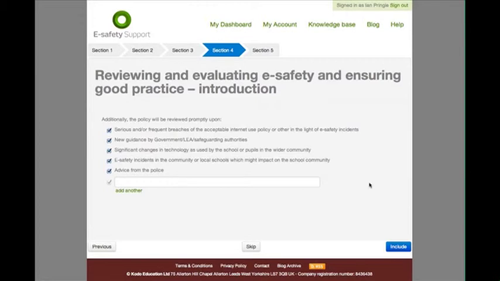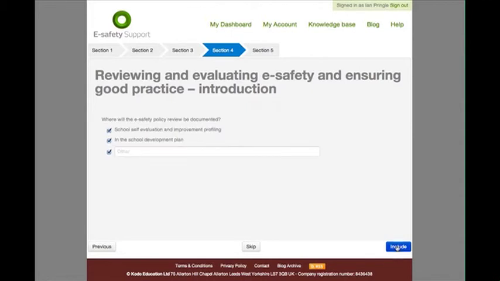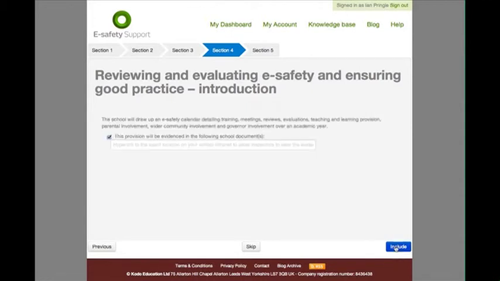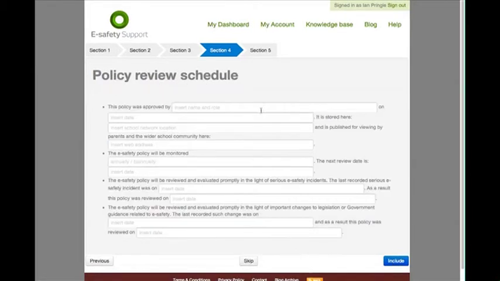We have a selection of pages which are about content we want to include. We have some screens that let us be a bit more specific about those. We can even add our own extra pieces of content into these screens. And there are other screens which are purely there for guidance. So I'm just going to race through the rest of this wizard now, ignoring all the fields here that need to be filled in,